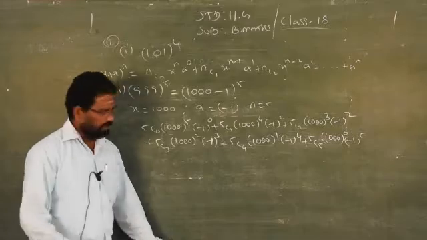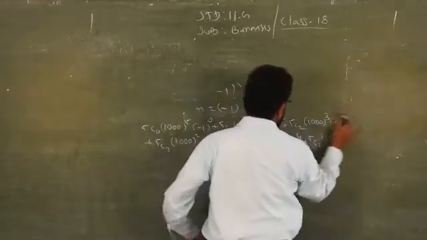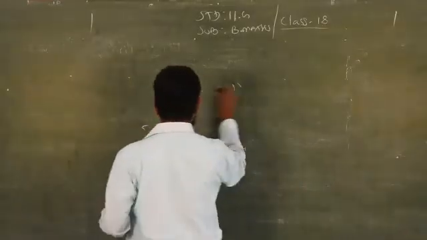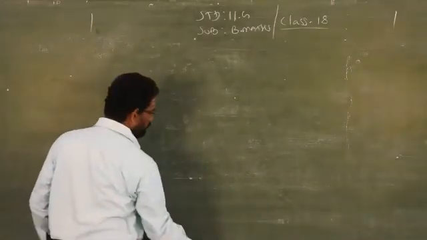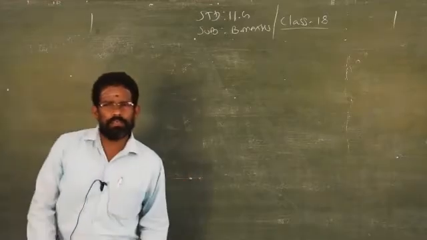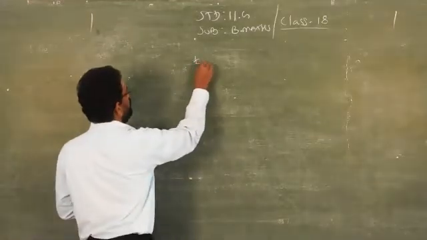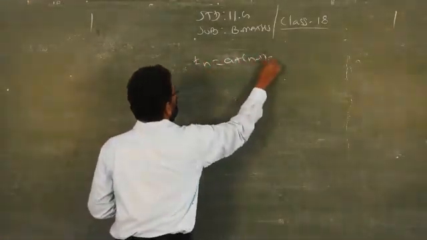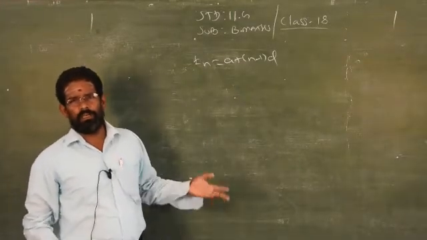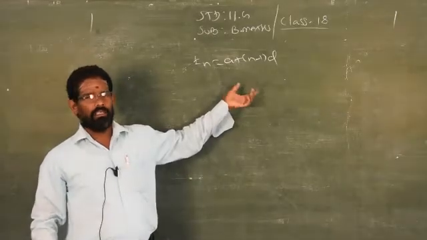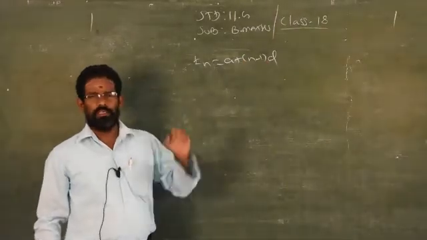Now, we will go to sum number 3. Sum number 3 is a little different from this one. This is also the same as what you studied in 10th standard arithmetic. You will find the nth term of the sequence in AP as well as GP. So, do you know that concept? To find the nth term of a sequence, in 10th standard you studied under AP, a plus n minus 1 into d, isn't it? The same concept we are going to study in binomial theorem, not the same formula. Clear? The same concept: find a particular term in that sequence.